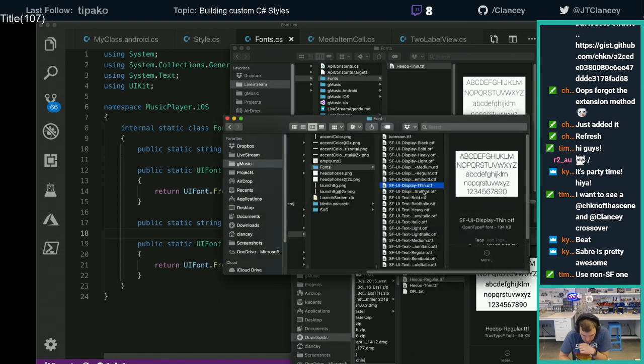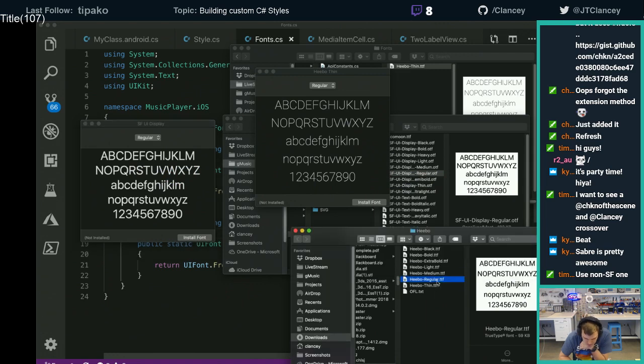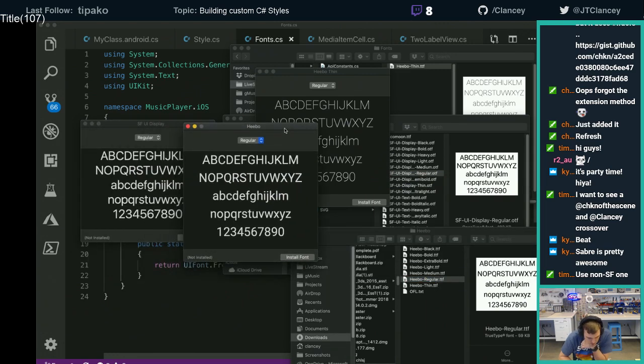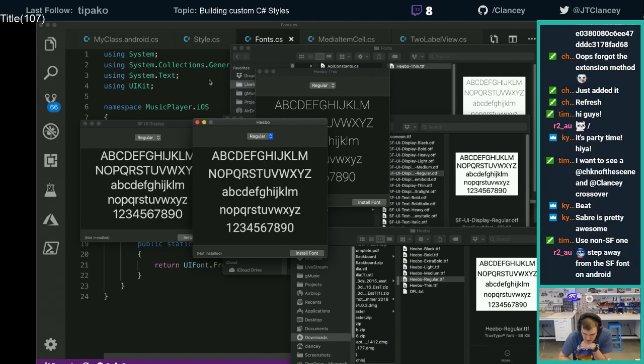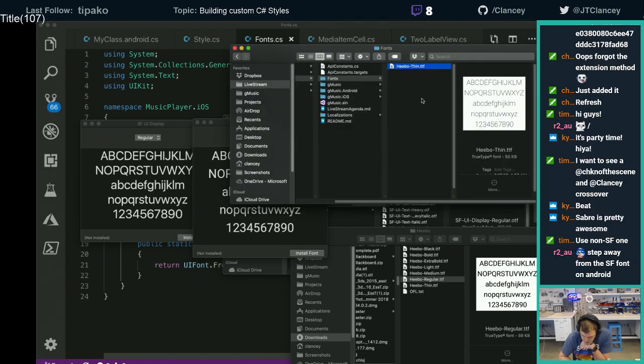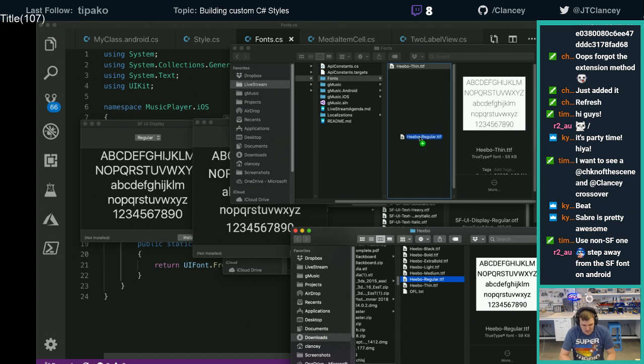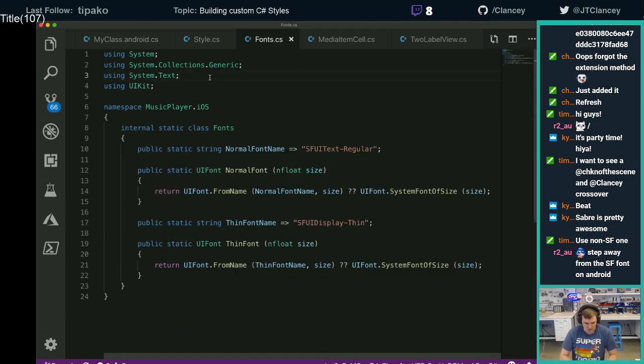Actually, let's compare. The old one I used was SF Display Regular. Is this regular close? Yeah, those are about the same. I wonder why they're showing more space. The heights are maybe different on them. Yeah, I'm not going to do San Francisco on Android, I wasn't planning on doing that. I'm going to use Hebo, but I still like the thin fonts for my header, so I definitely still want a thin font. I don't want to lose that. Okay, so we've got that, and we're just going to make them both use the thin one